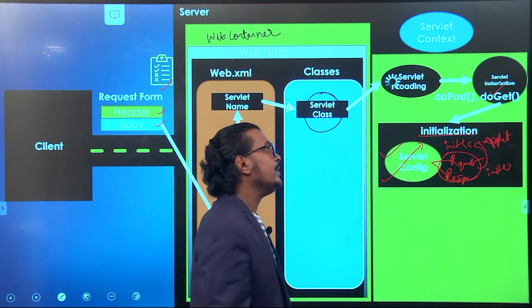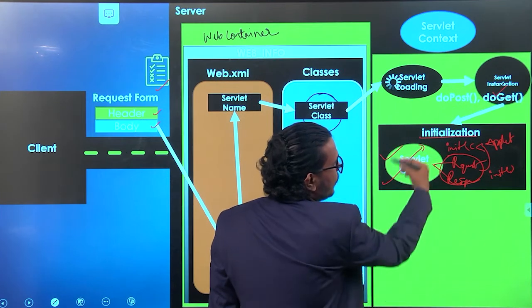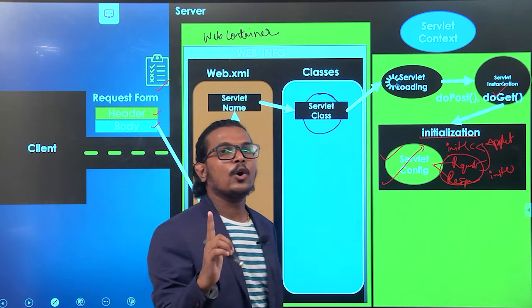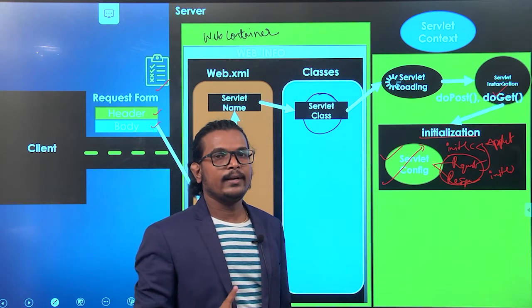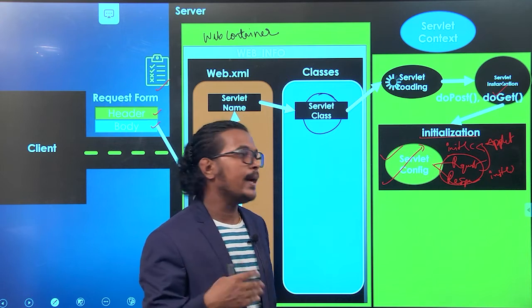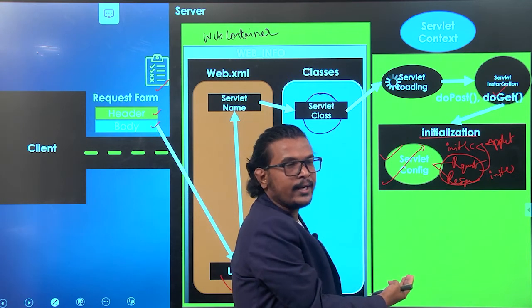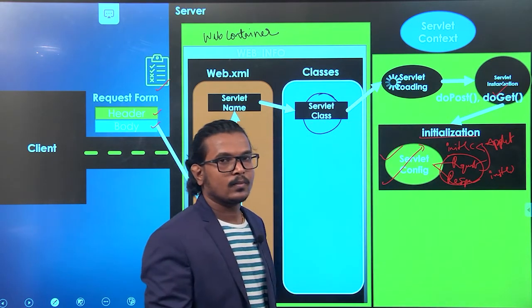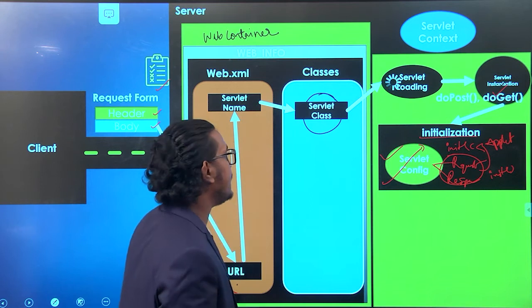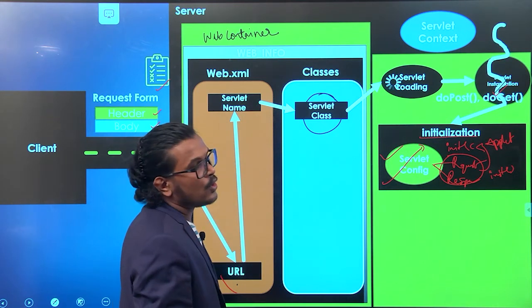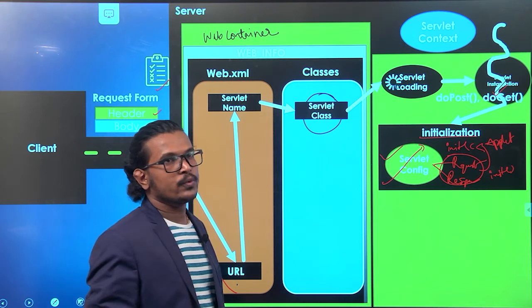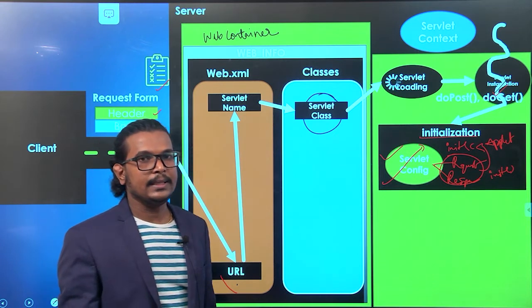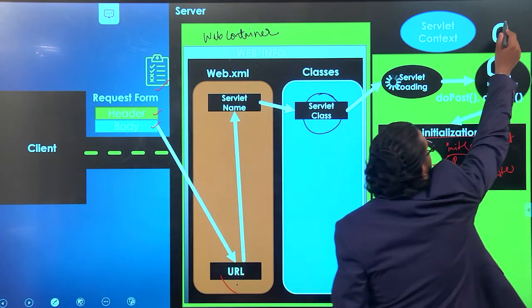Clear? Means in the life cycle of this particular servlet, the initialization method will be called only one time. In that one time only, we have to configure the servlet, and whatever request parameters you want, all those things will be configured here. Once the initialization is done, now we are selecting which method you want to use, whether the doPost method or the doGet method. And we can say these are called the service methods.